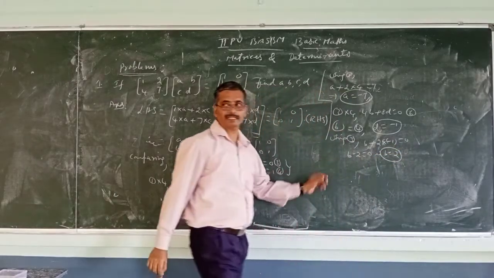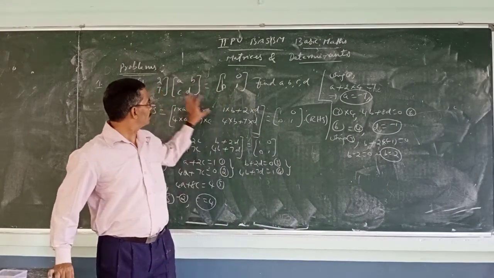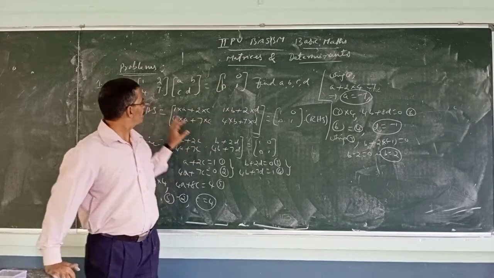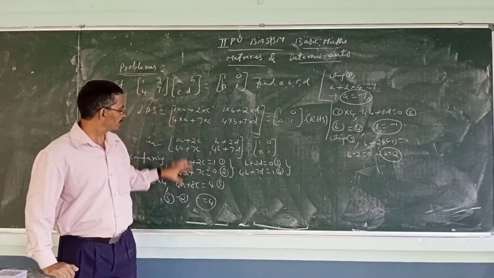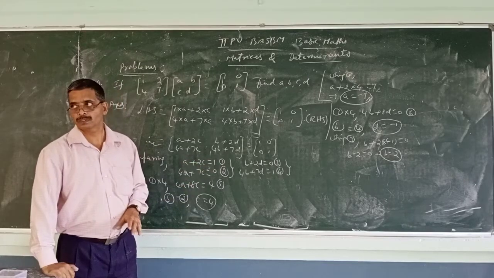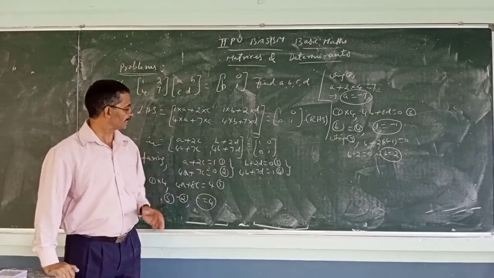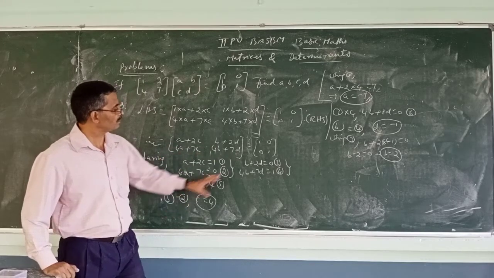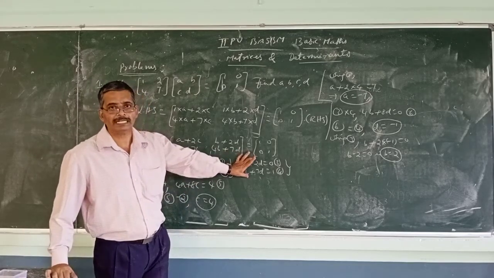So just multiply and compare. The method is simple. Multiply the left hand side, the right hand side is there. Compare the corresponding elements, so you get 4 equations and 4 unknowns. You can solve 2 at a time. If you solve the first pair, you get A and C. If you solve the other pair, you get B and D.